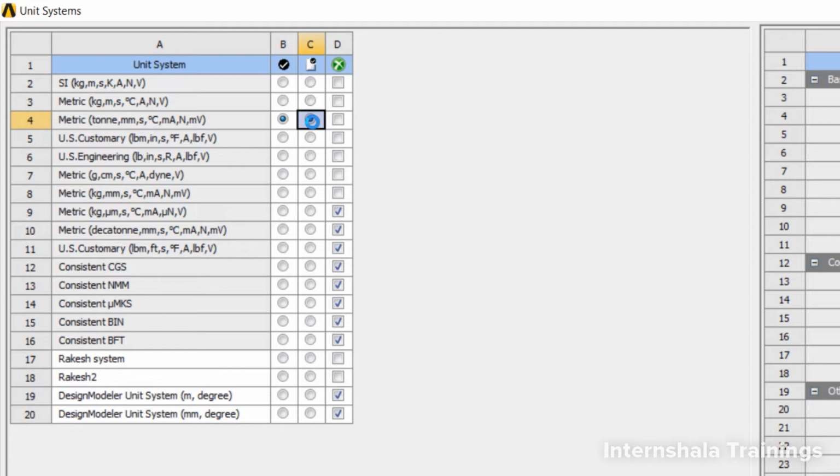Then the next one: there are a number of unit systems, and you can hide the unit systems or ask the software to show them. Here, if you press suppress, Workbench will not show you the units in the units tab of ANSYS Workbench. For example, let us say this US customary system is in suppression mode.